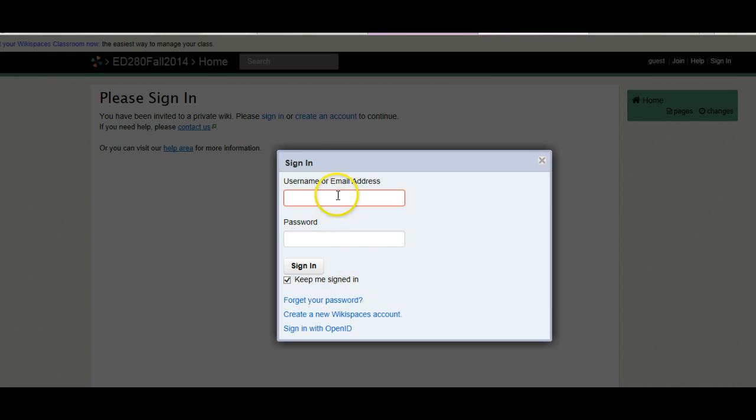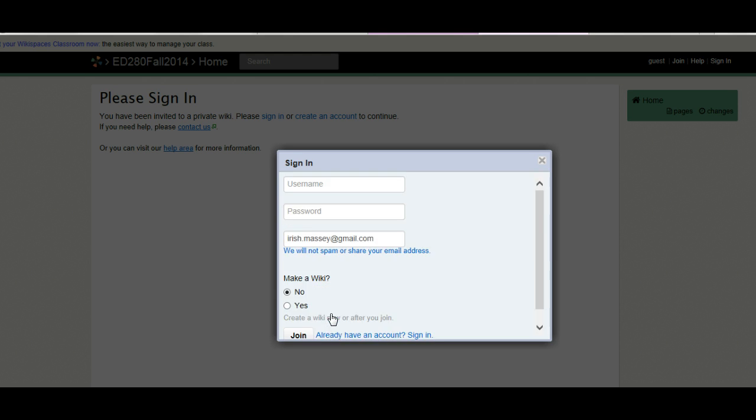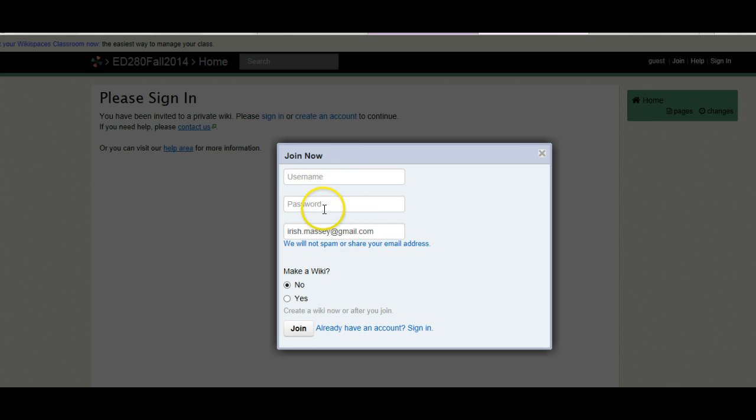What you need to do is not to sign in because you don't have an account yet, but to create a new Wikispaces account. So you're going to create a username, a password, and then you're going to let it default to make a wiki no and click on join. So I already have an account and it's not going to allow me to add another account under either my personal address or my university address. So I'm going to go ahead and sign in. But just to clarify, you do not join, you do not create, you just click on no, create a username,